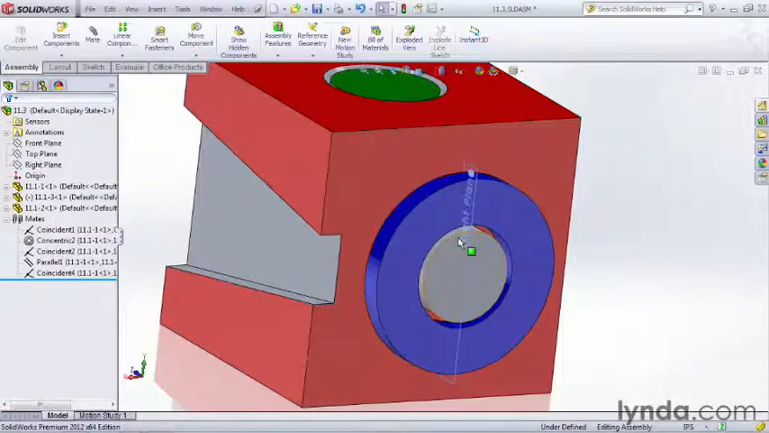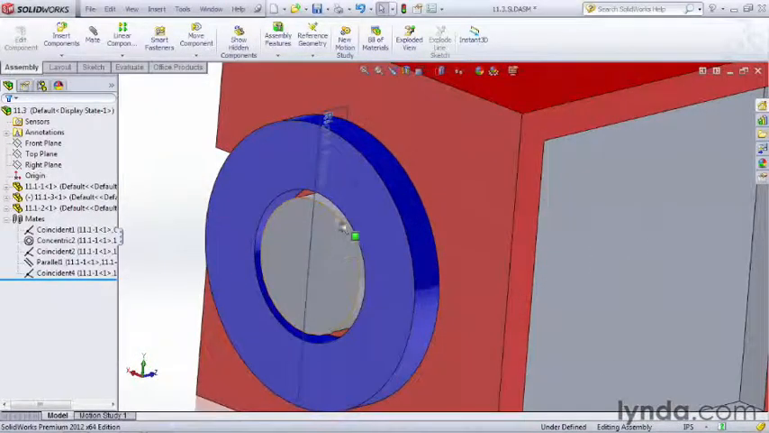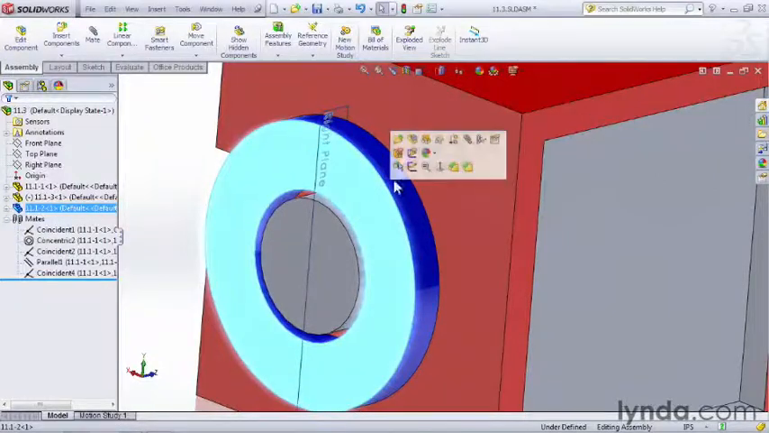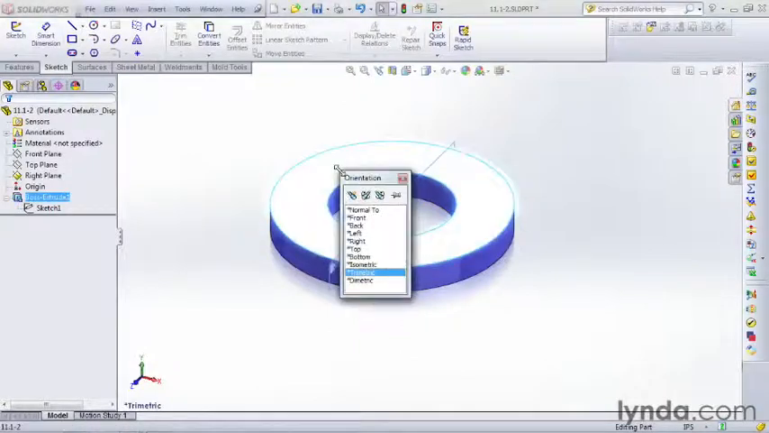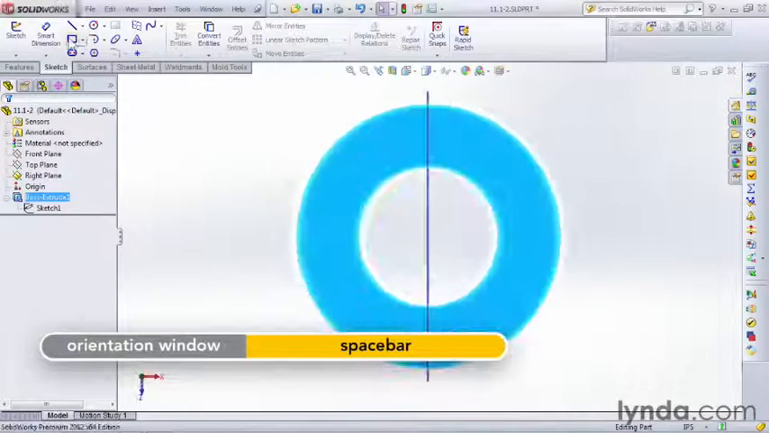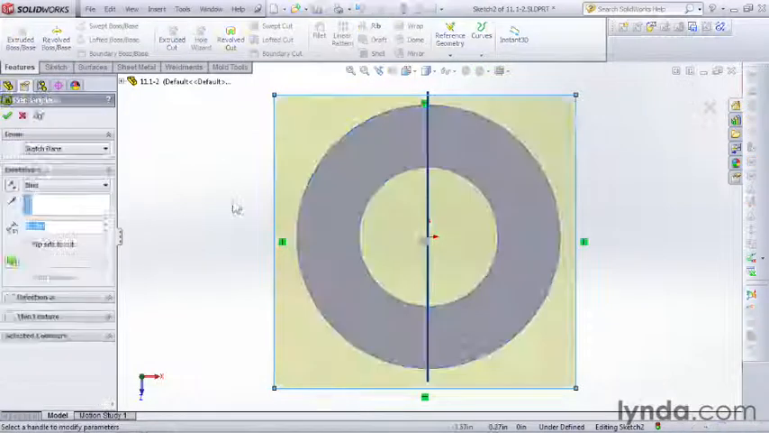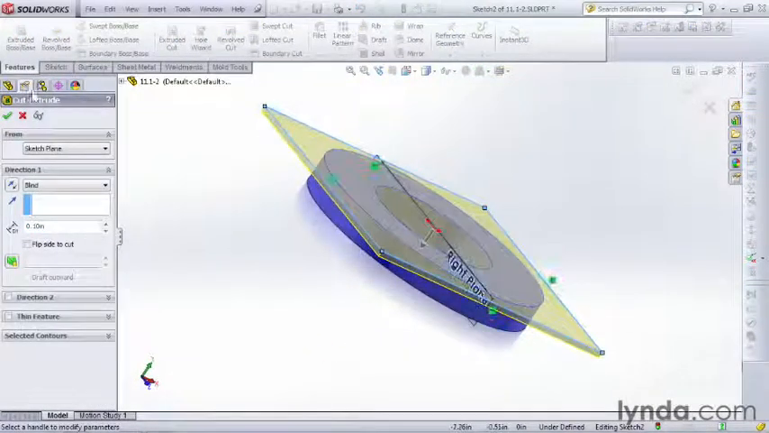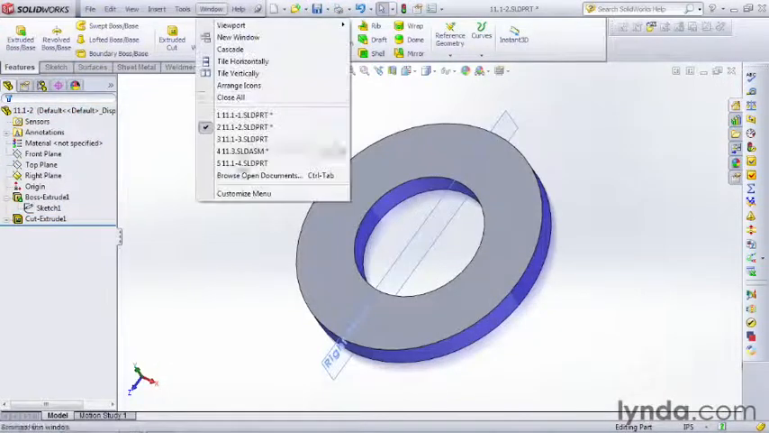But if we were to change something in these parts to make one of these mate faces go away, it would change the way this is mated together. So I'm going to open that part here, and I'm going to select that top face. And I'm just going to draw a rectangle over it, and I'm just going to cut a little bit away. I'm just going to trim off just a little bit of that, make it a little thinner. So now I've changed that part. When I go back to that assembly,